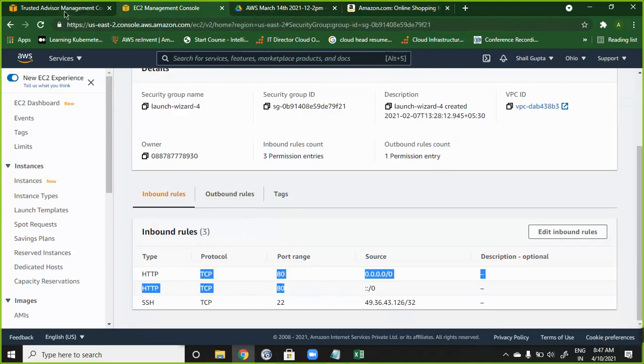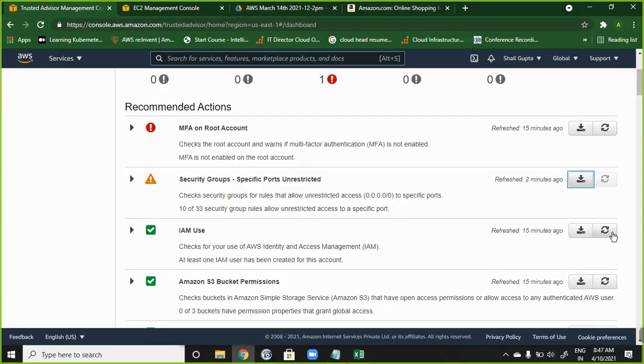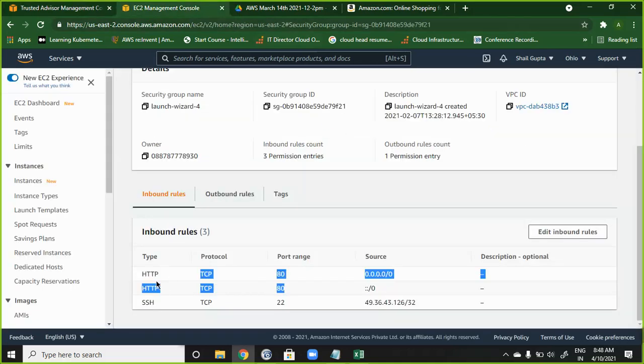So if I go to Trusted Advisor and refresh this, it will not show that 11. It is deactivated now, right? It will activate sometime; it was refreshed 2 minutes ago, that's the reason. So if I enable HTTP, the risk will not come. Why? Because that is the very purpose of HTTP. The purpose of HTTP is that it should be accessible from everyone, right? Although you can restrict it to certain people, by default the purpose is this only.